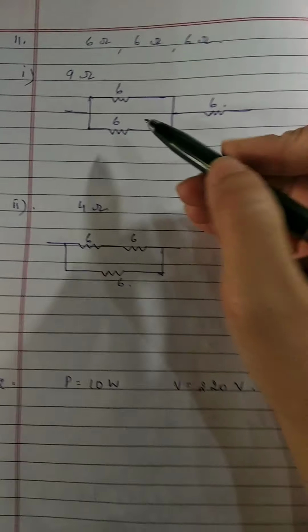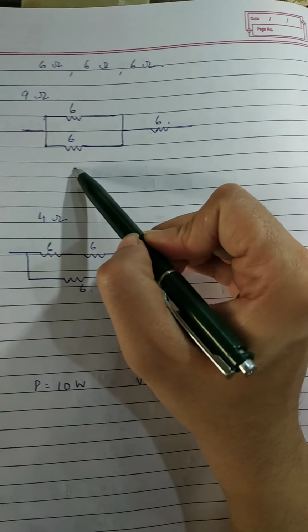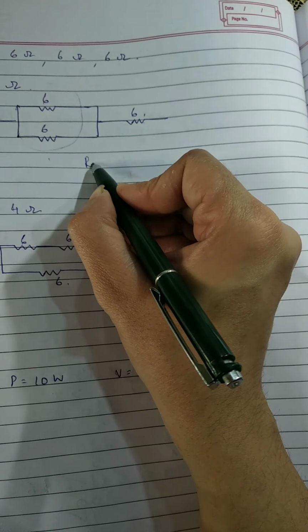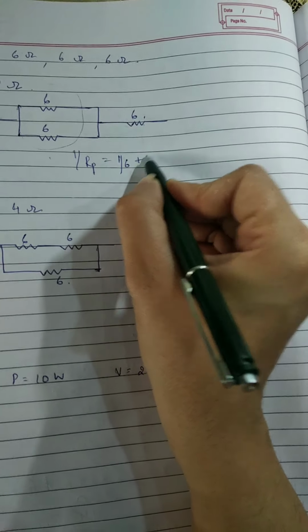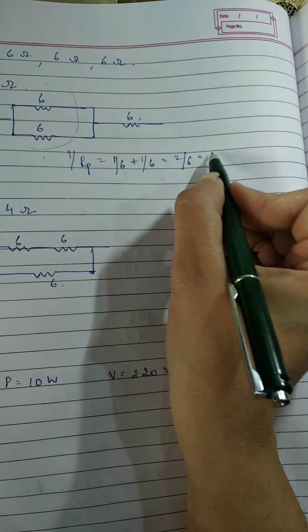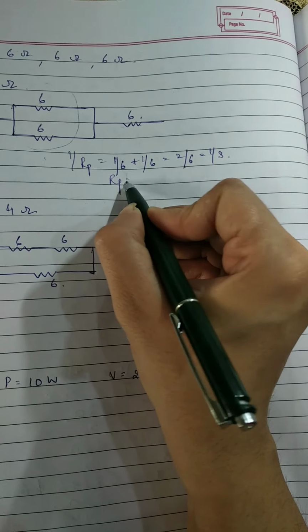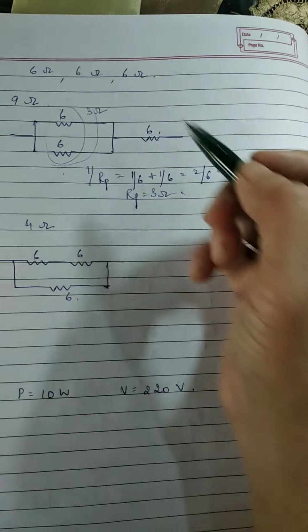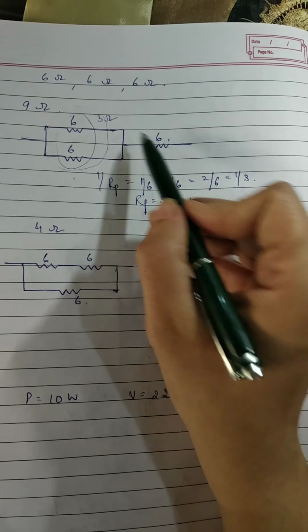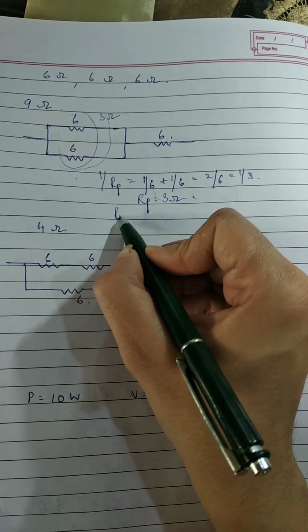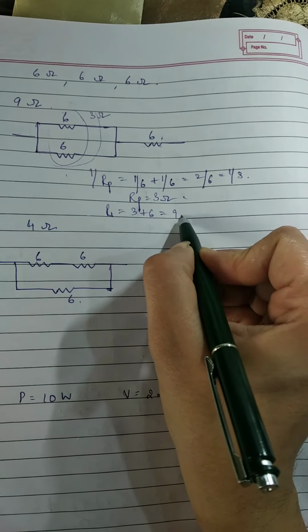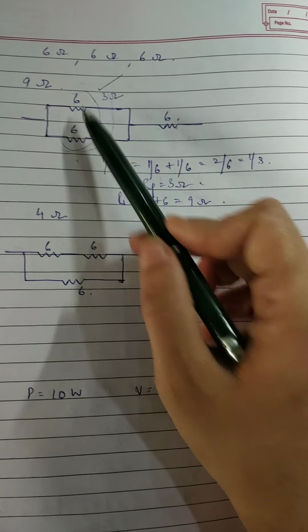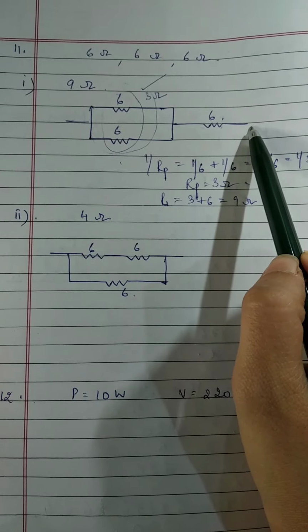So what we will do is, we will connect two of the resistors in parallel and the other one in series. So the equivalent resistance of this will come out to be 1 upon Rp is 1 by 6 plus 1 by 6, or simply 2 by 6, which is 1 by 3. So Rp is 3 ohms. So this equivalent resistance gives us a resistance of 3 ohms. When this 3 ohm and this 6 ohm are in series, remember Rs is 3 plus 6, so this is 9 ohm. So we have got the equivalent resistance as 9 ohm by connecting two 6 ohm resistors in parallel and the third one in series.